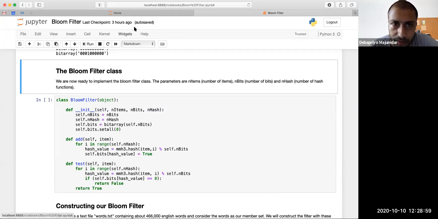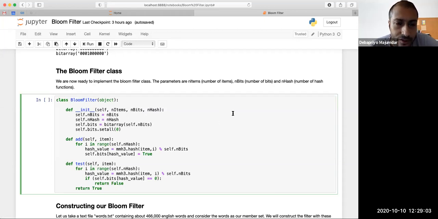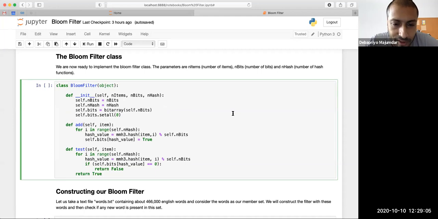Okay, so all of you know Python, but a few of you are not used to object-oriented programming. We'll of course not get into the details of that, but it should be possible to explain this code to you.